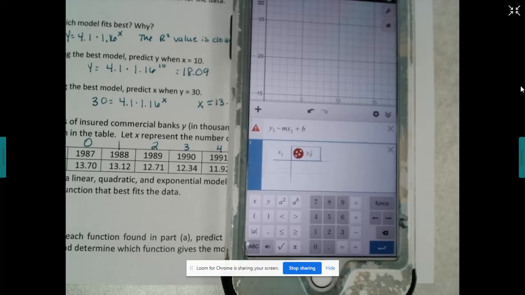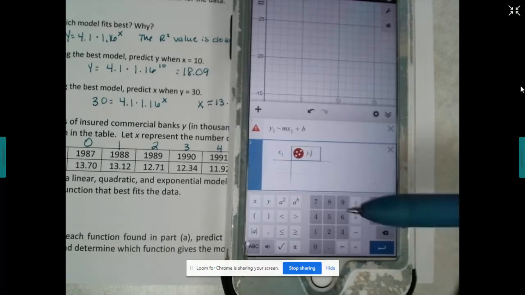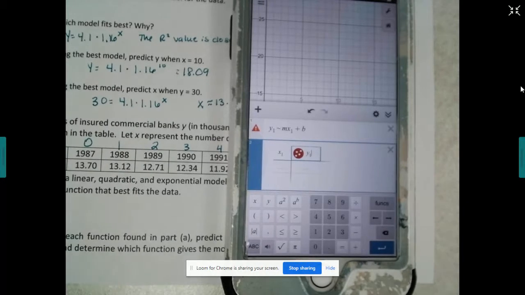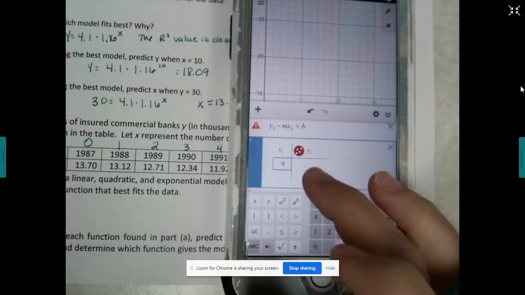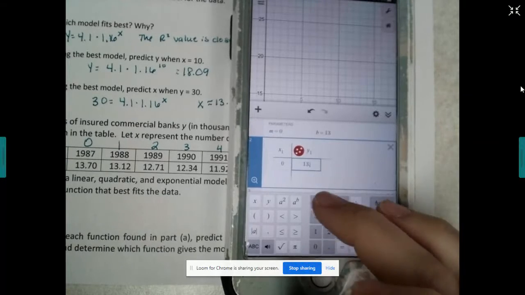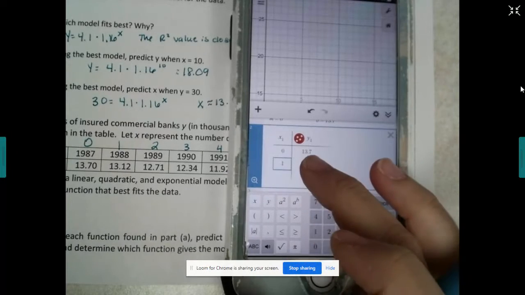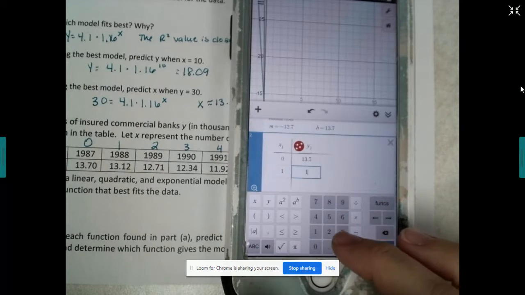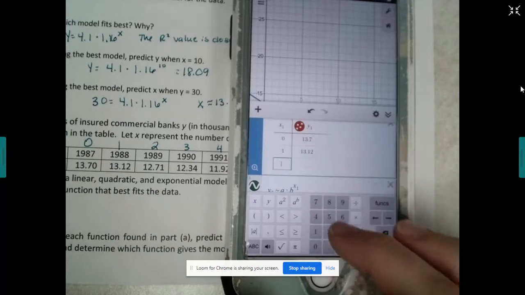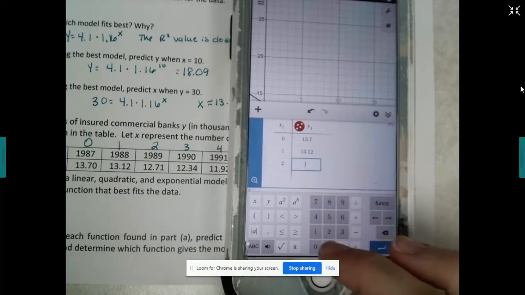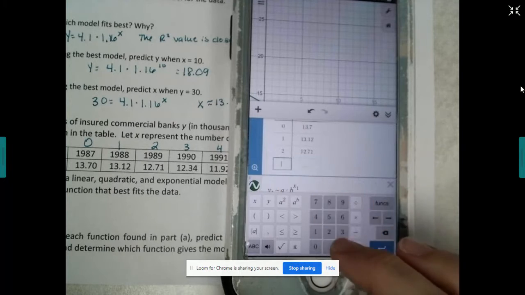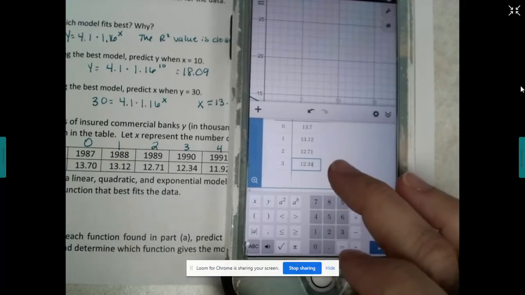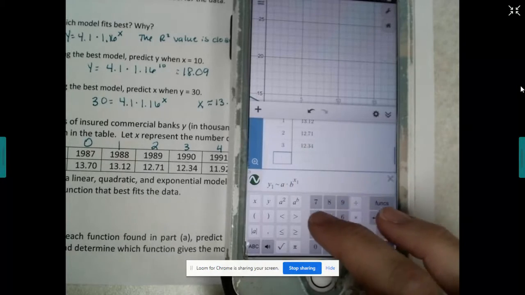So again, you just want to make sure that when you type in that table, it says X1 and it says Y1. So let's type it in. So we've got 0, 13.7, 1, 13.12, 2, 12.71, 3, 12.34, 4,